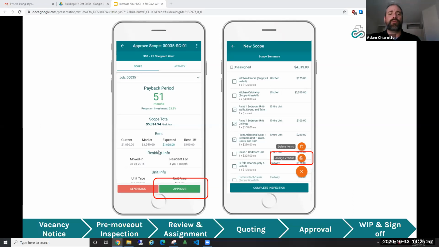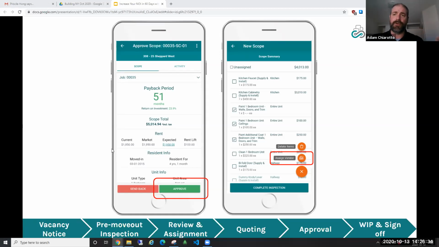Same thing goes for any sort of approvals that need to happen. So on the left side of the screen here, we've got what we call our payback calculator or ROI calculator. Essentially, if you do need to have an approval process for any sort of spending decisions, you can do this all from your mobile. So if you're driving around, you're in and out of meetings all day, but somebody relies on you to get this approval or this go-ahead before they actually start the work, they don't have to wait for you to get back to your computer. You'll get a push notification on your mobile device. You can see all of the relevant information required to make your spending decisions.